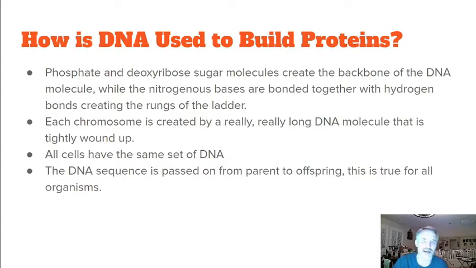So phosphate and deoxyribose sugar molecules create a backbone for the DNA molecule, while the nitrogen bases are bonded together with hydrogen bonds at the rungs of these ladders. And that's the A's pairing with the T's and the C's pairing with the G's. Each chromosome is created by a really, really long DNA molecule that's tightly wound up. All the cells have the same set of DNA, and the DNA sequence is passed on from parent to offspring